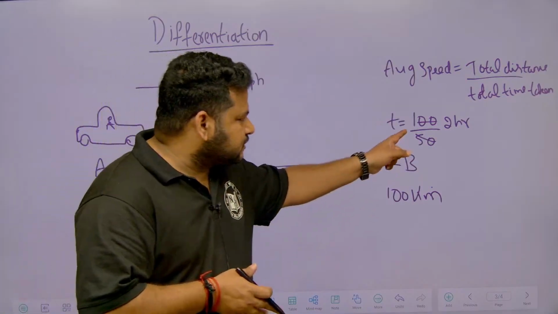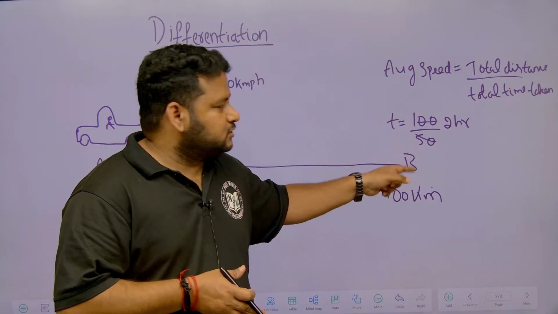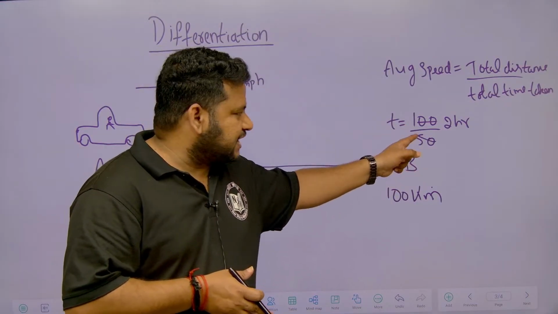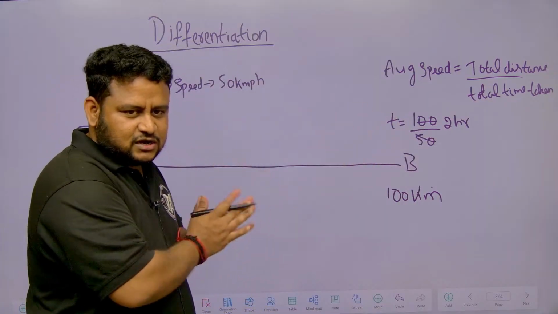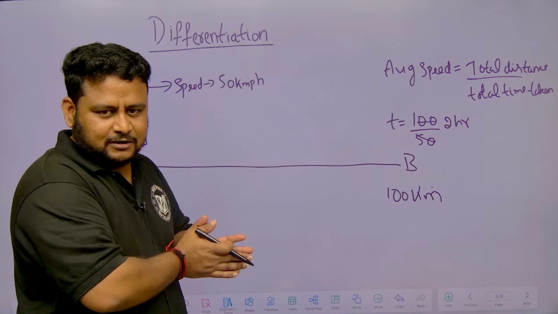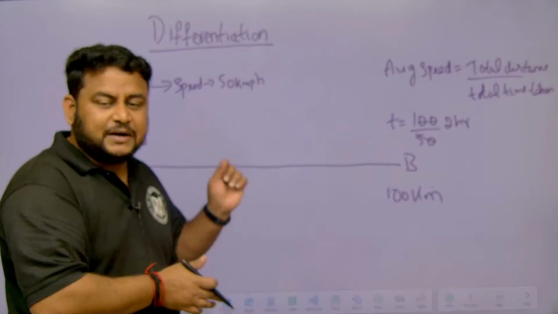Time is nothing but distance by speed, because we know speed is equal to distance by time. So time is distance by speed. So you will get it as 2 hours. Okay, everything fine till here. All these things you have learnt in school also. This is simple. But what differentiation helps us to do is find, at a particular instant of time,